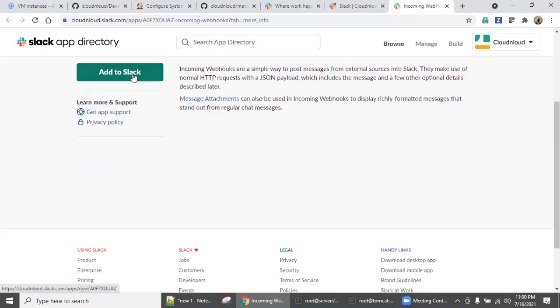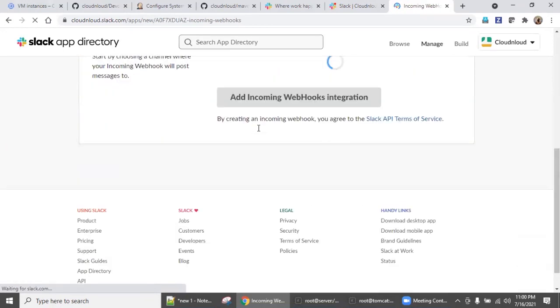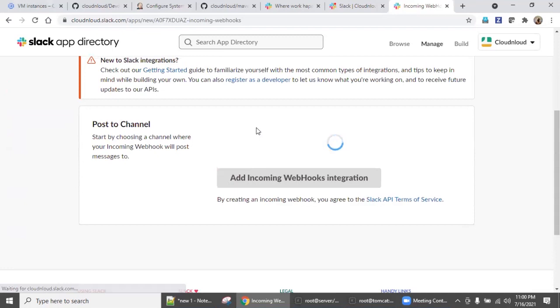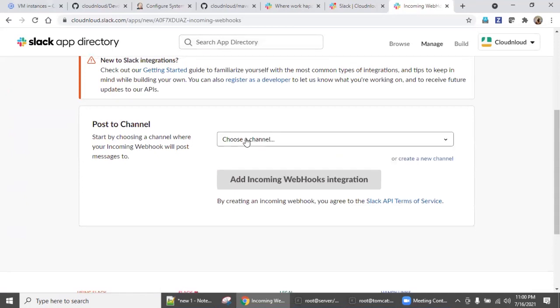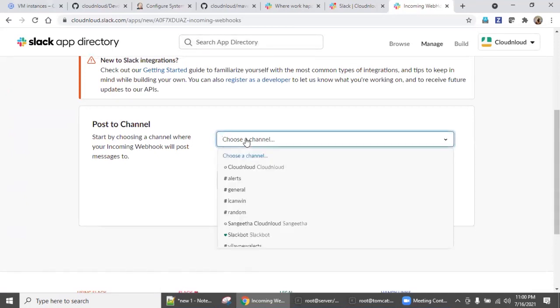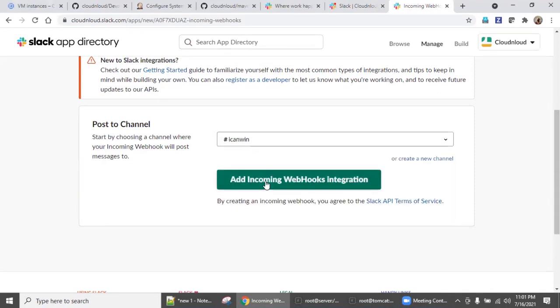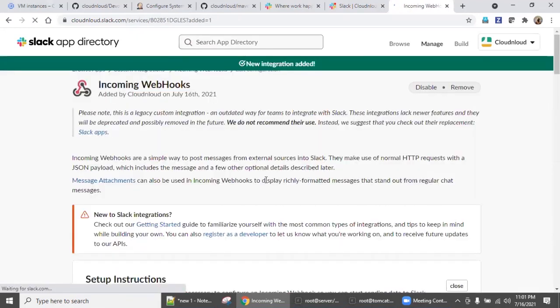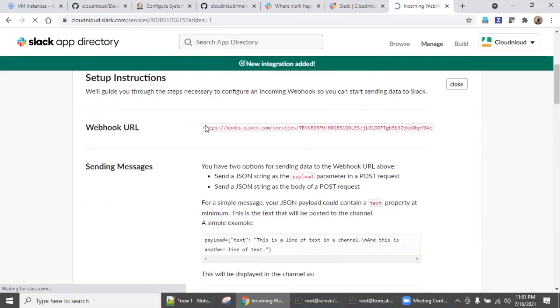Now say Add to Slack. Come down, you need to select the channel. Later we can change it, but to get the secret key, select the channel. Say Add Incoming Webhooks integration. Copy this URL.